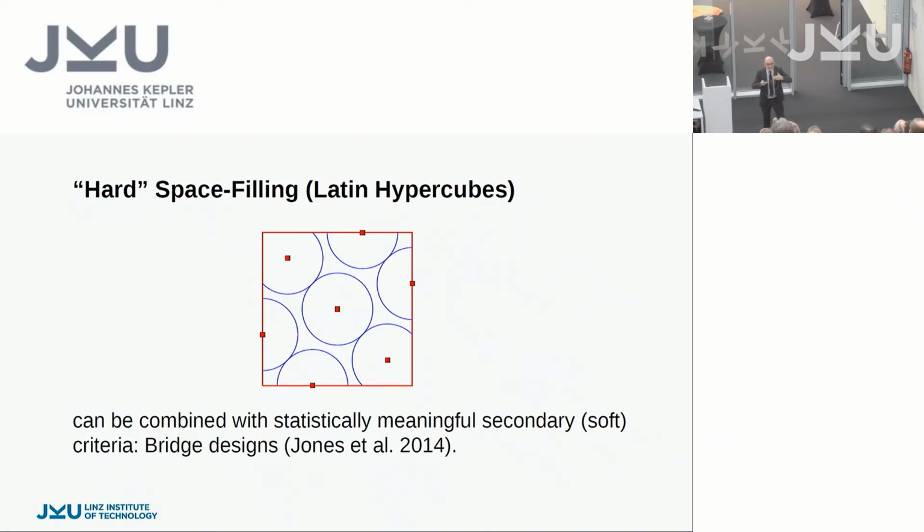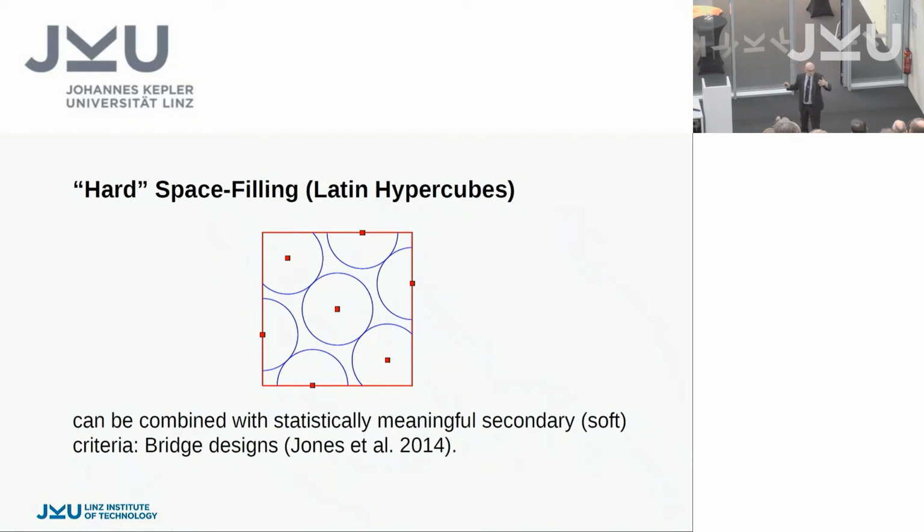And of course, the space filling here is hard because you force them to the grid. Yes, so you force the constraints on the designs rather than you let, in a soft way, the criterion be fulfilled. Of course, here you have a little bit of possible variance, because you could, for instance, move this point down here, and this point up. This would still be a valid Latin hypercube design. So you don't have a unique solution,